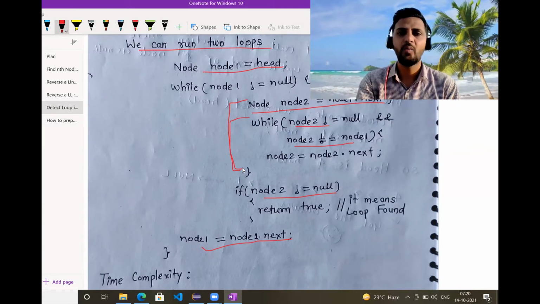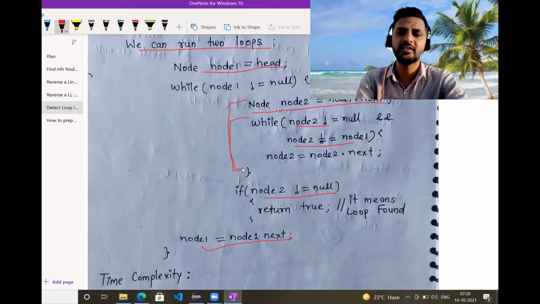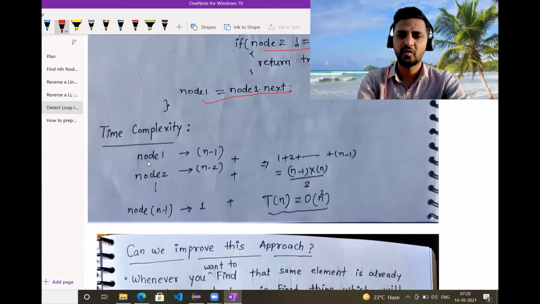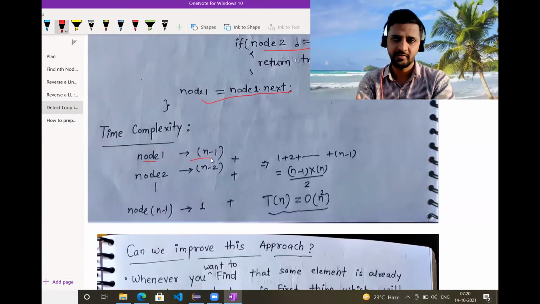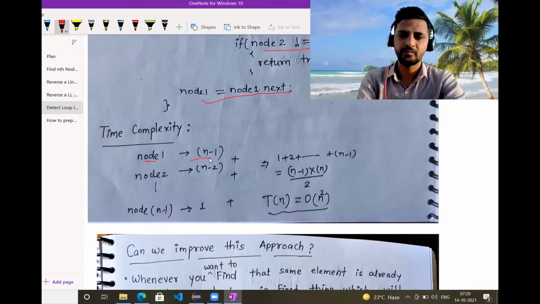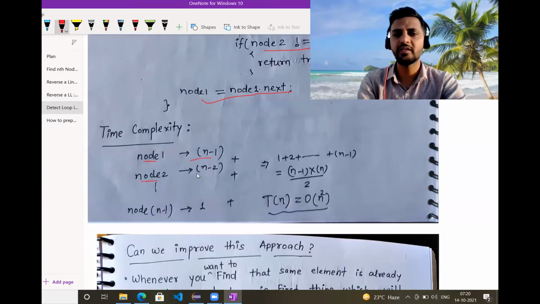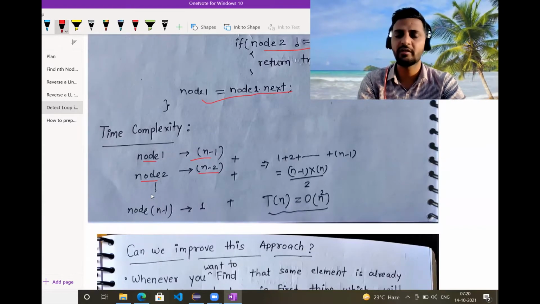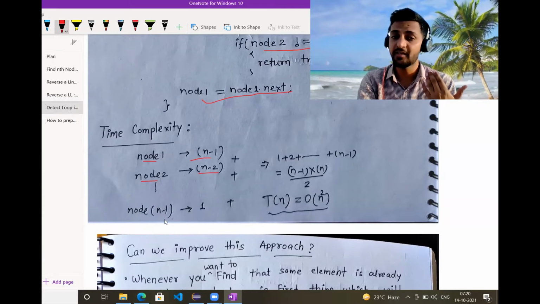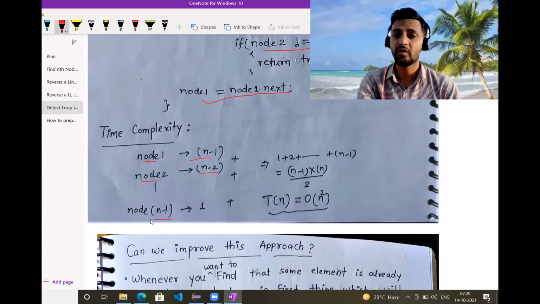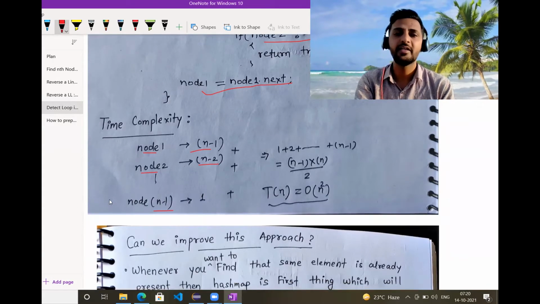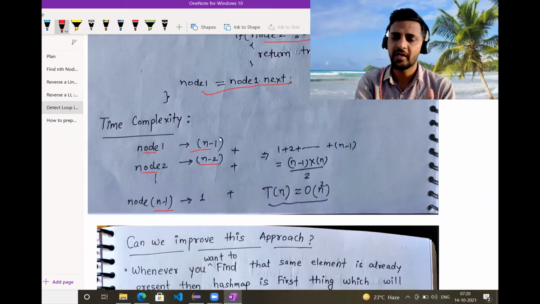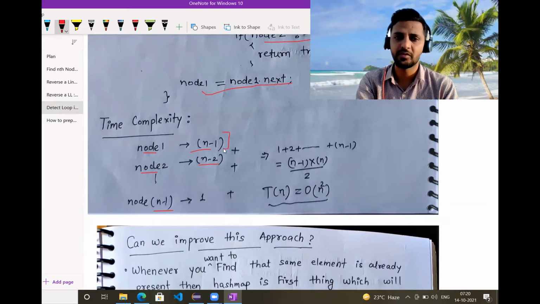All right. Now, what is the problem with this approach? The problem is the time complexity. For the first node, we will run a loop over all the remaining nodes, n minus 1, in the worst case. For the second node, the inner loop will run n minus 2 times. Similarly, for the third node, it will be n minus 3, and for the (n minus 1)th node, it will run only one time. So if we want to calculate the time complexity, we need to add these many numbers.